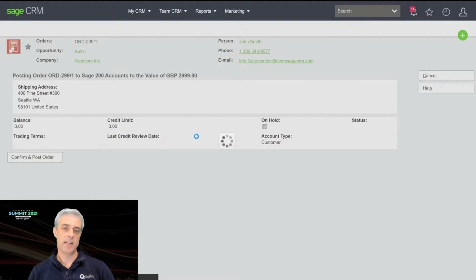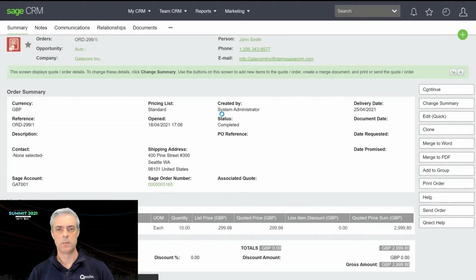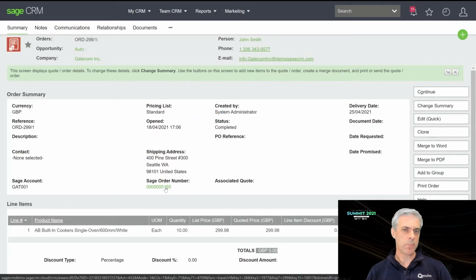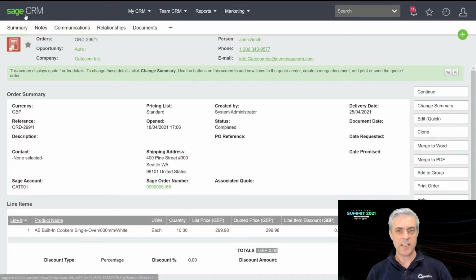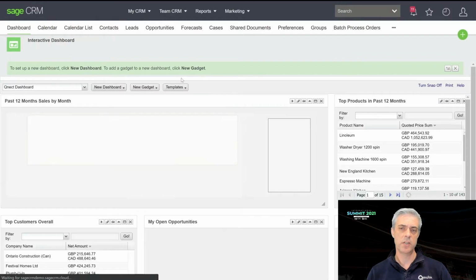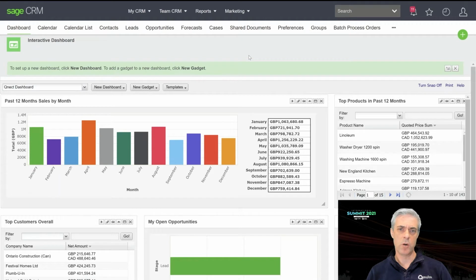This extra functionality is performed by the Connect 200 integration. This is fine when adding quotes and orders to existing companies, but what about prospects? By integrating Sage CRM with Sage 200, you can keep users in products designed specifically for their job. People in a finance role can continue to use Sage 200, whereas people in a sales or support role can now use a product designed specifically for them.